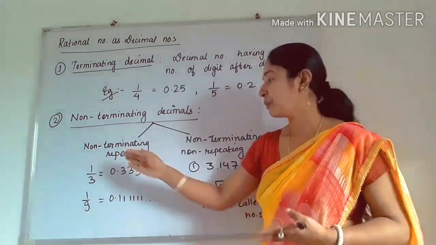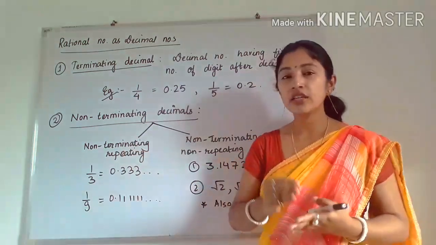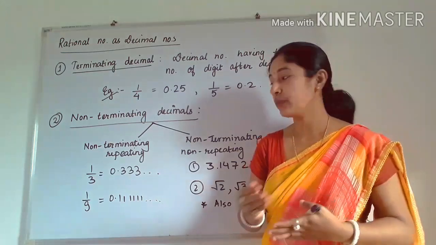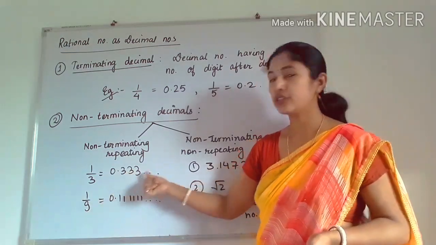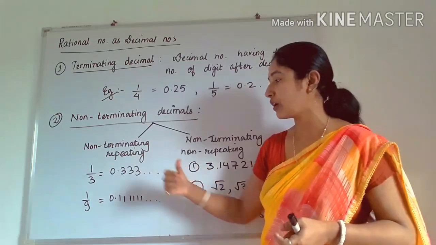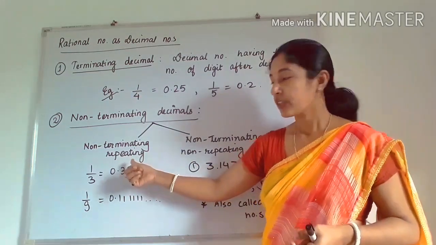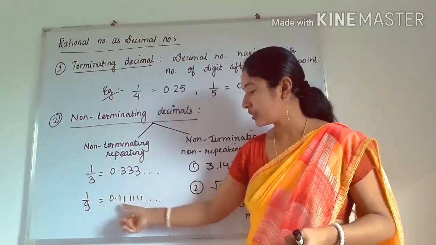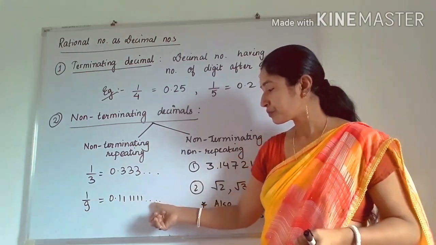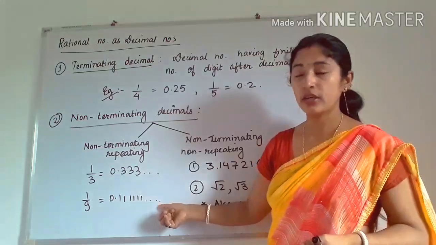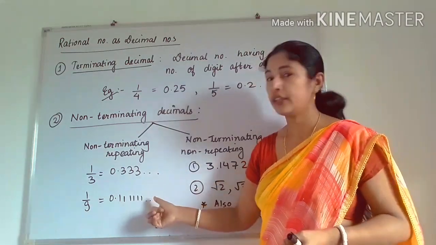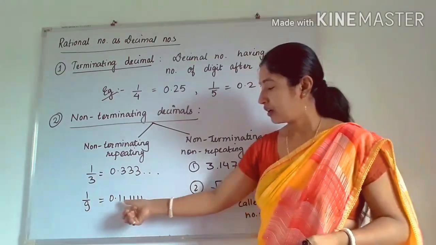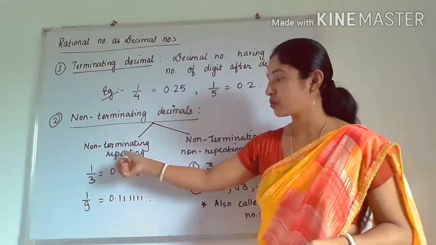Repeating means a digit is coming many times, repeatedly, like 3333, it is coming many times, so that's why it is called repeating. Similarly, see another example, 1 by 9. You can represent it and you will see there are many 1s after the decimal point. They are uncountable and 1 is repeatedly coming many times. That's why it is called repeating.